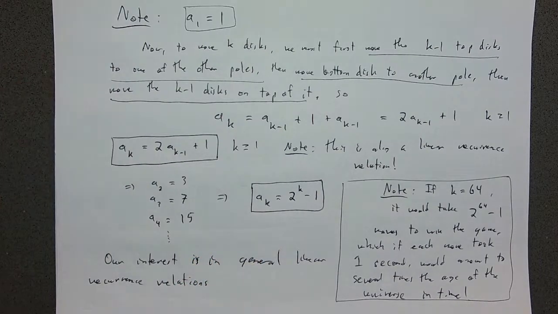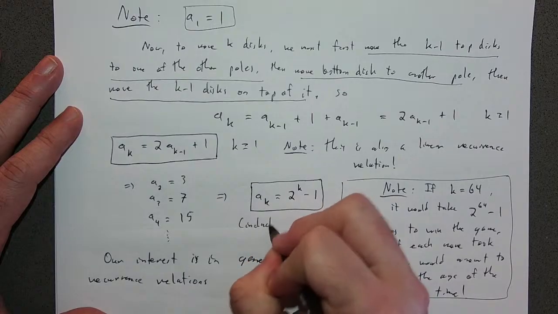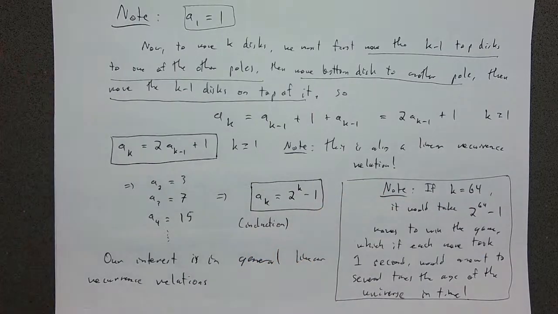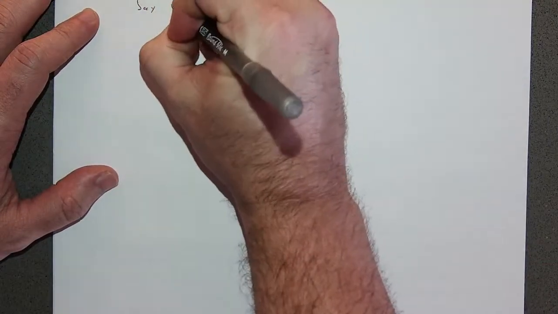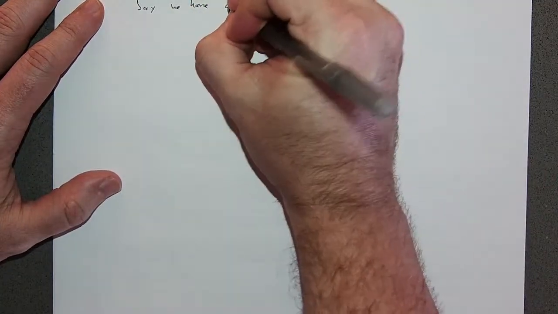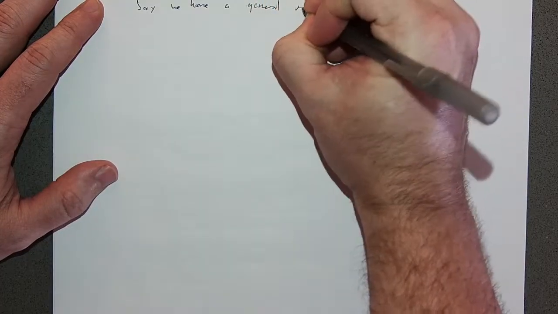Maybe I'll wait till the next page to write the general form here. So you can do this with induction if you want. But actually we're going to see a way to deal with even more general recurrence relations, and going to see what that amounts to in terms of our generating function analysis. So let's say we have the following. Say we have a general recurrence of the form